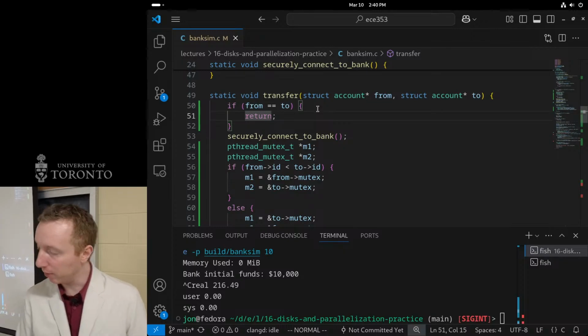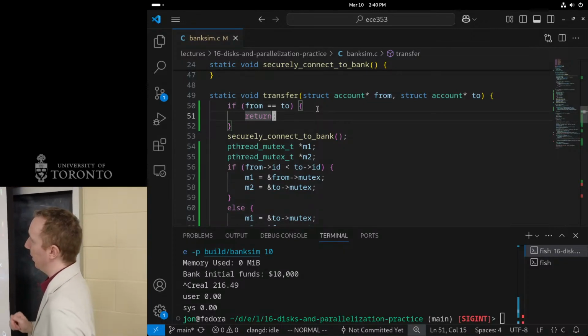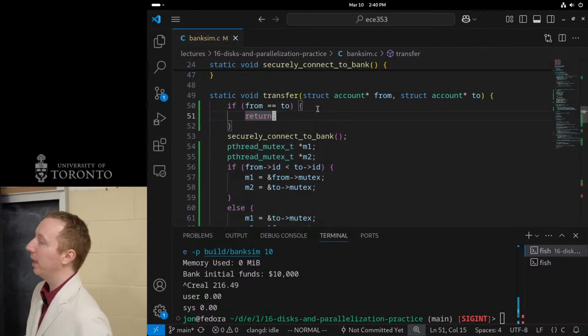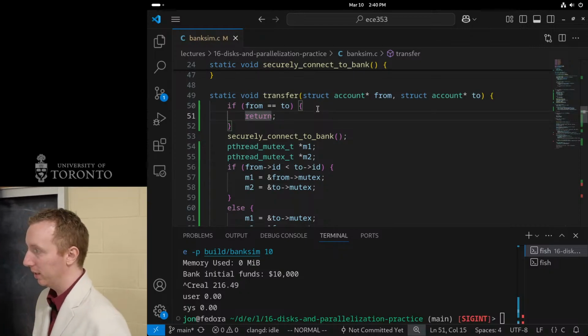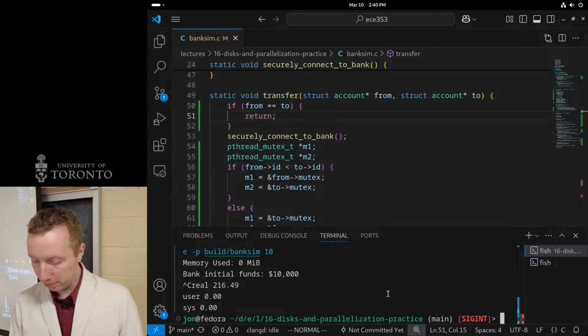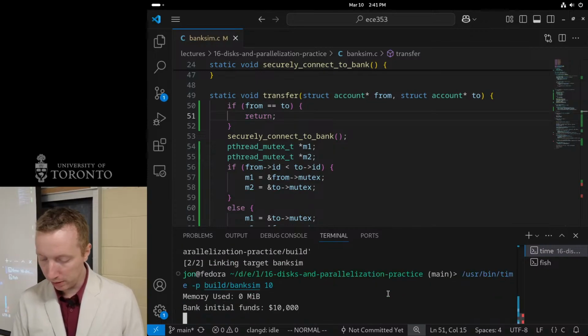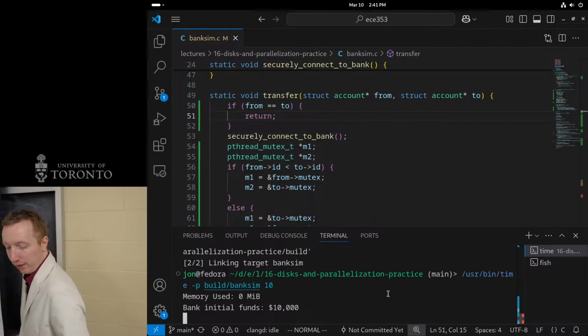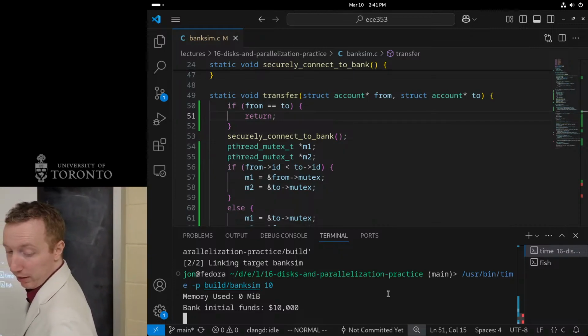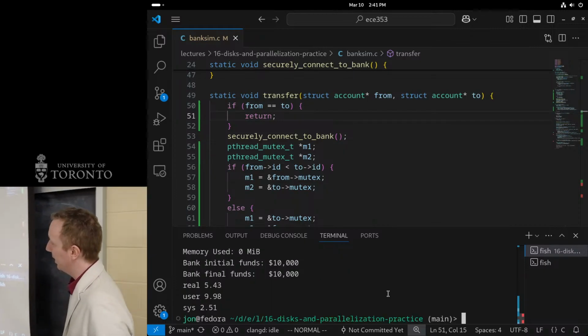And then we had that subtle bug where we don't want the mutex to be the same. So it seems like we have all of our bases covered, right? So let's see, moment of truth. Let's compile and run. 1 Mississippi, 2 Mississippi, 3 Mississippi, 4, oh, yay.